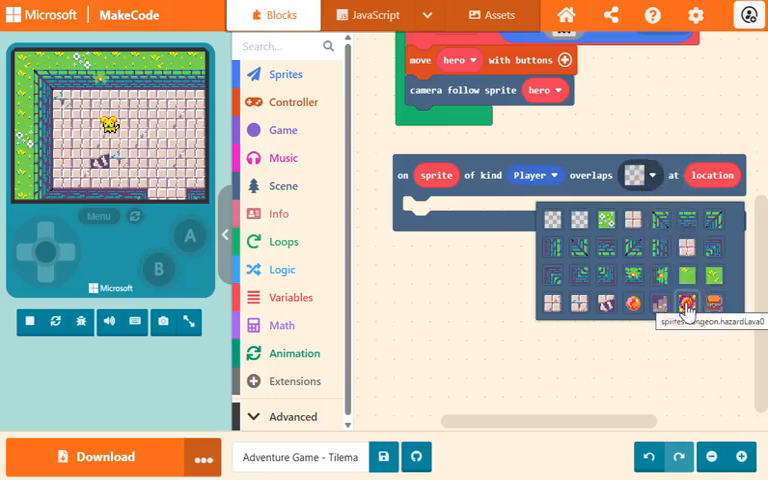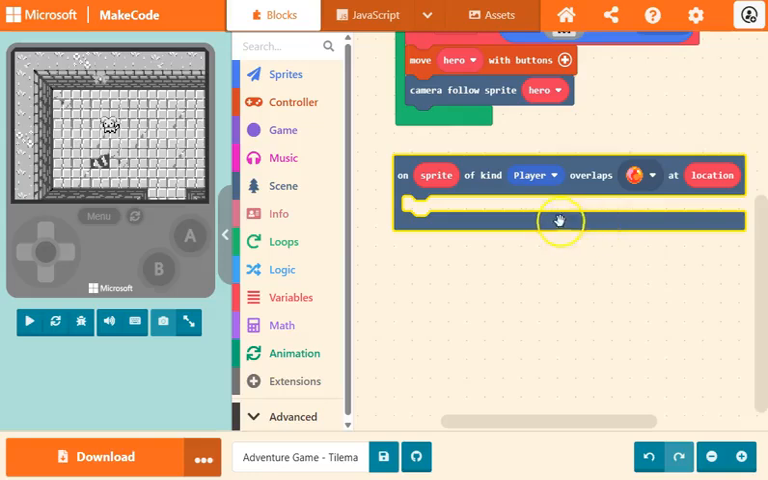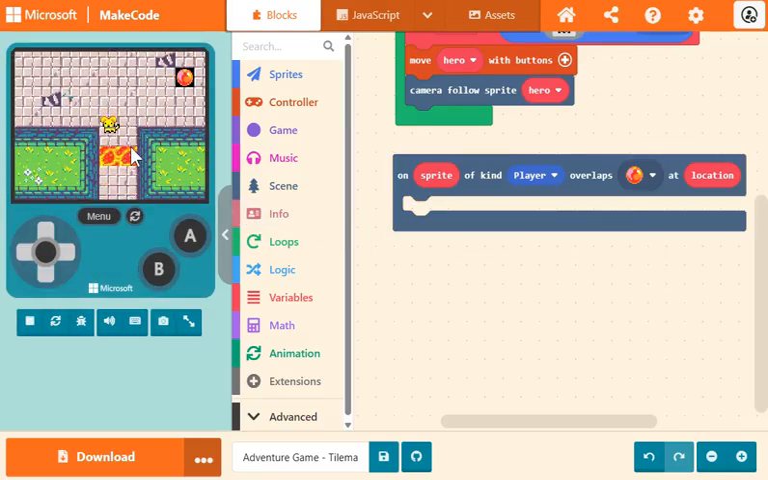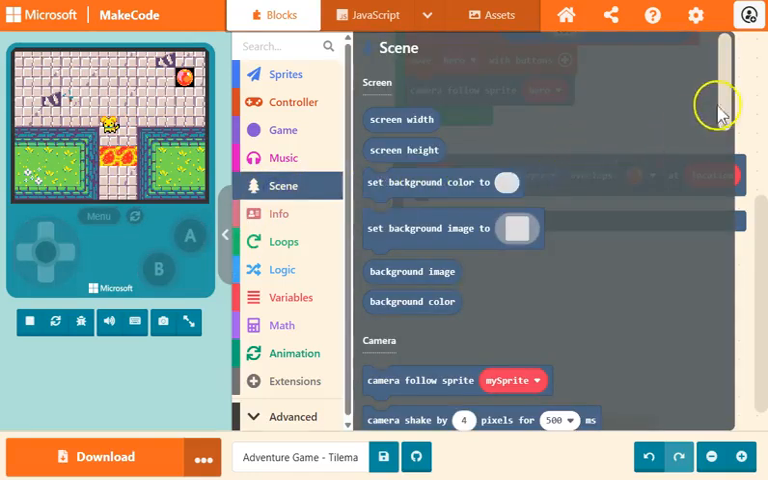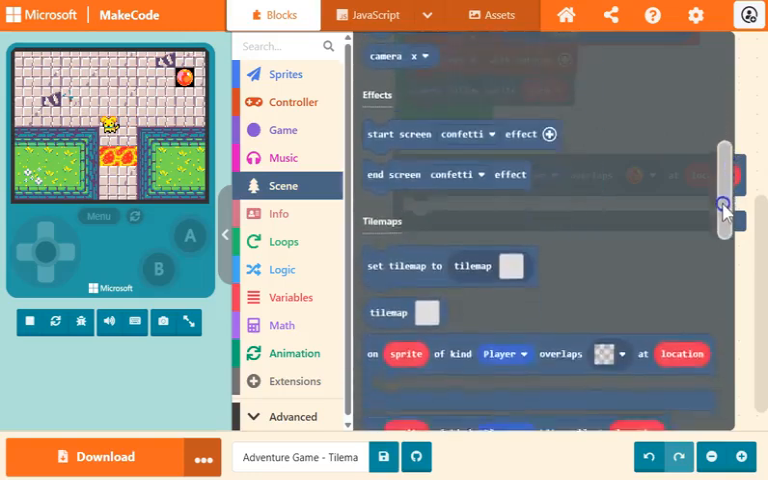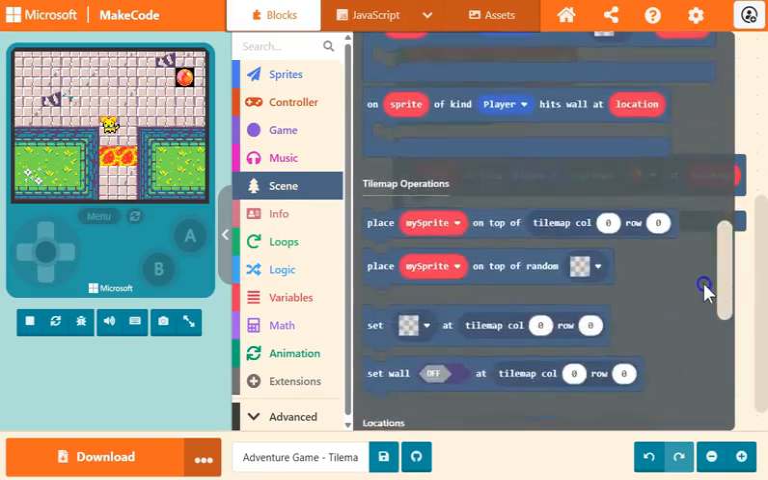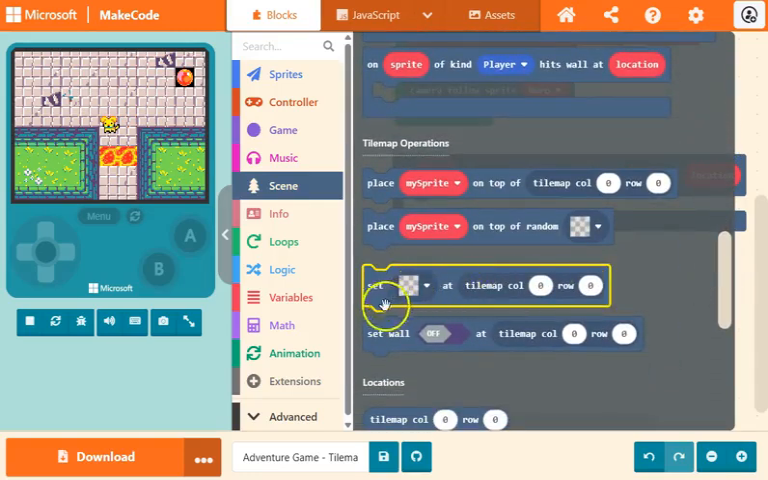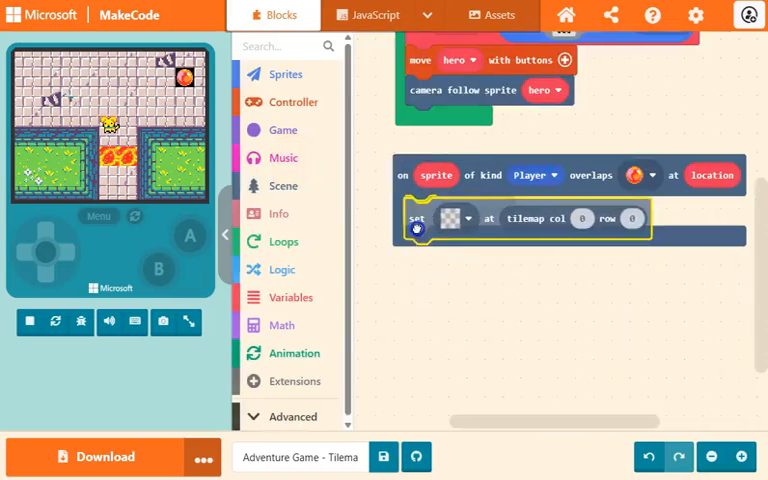So we're going to say if they overlap, no, not with the lava, if they overlap with our gem, then what we want is the lava to disappear. We want to make this lava go away. And that is also under scene. And we go down to tile map operations. And the way we make the lava disappear is we actually just change the image of it. So if I click and drag that one in,